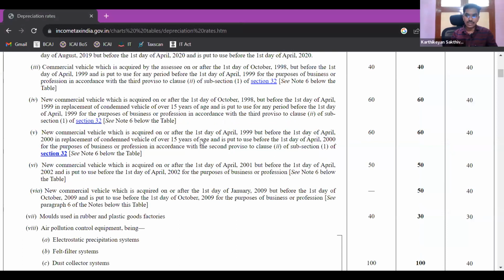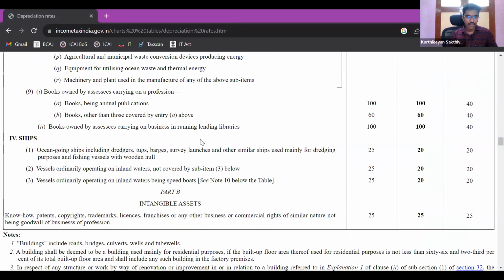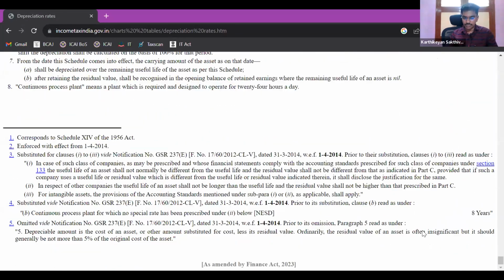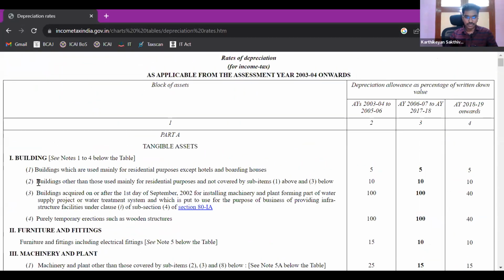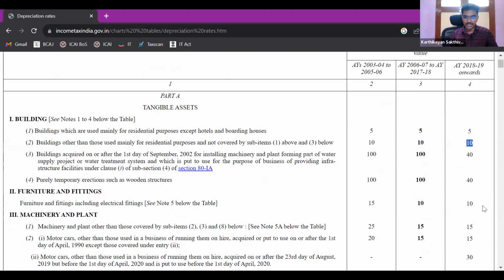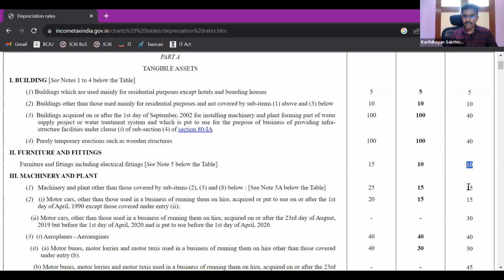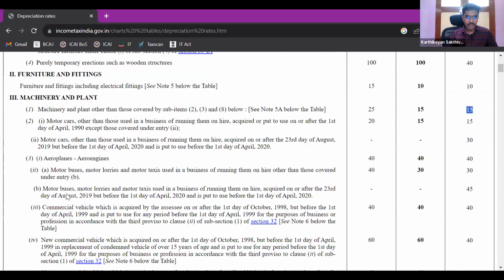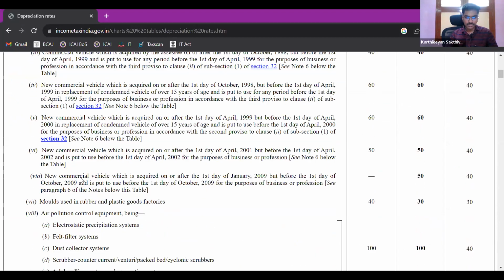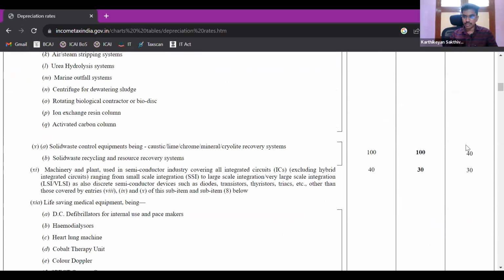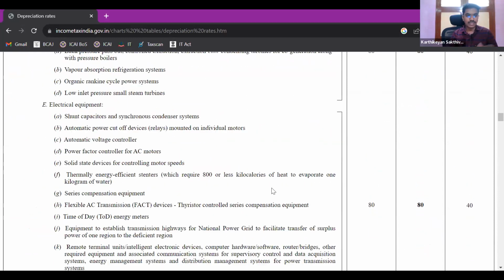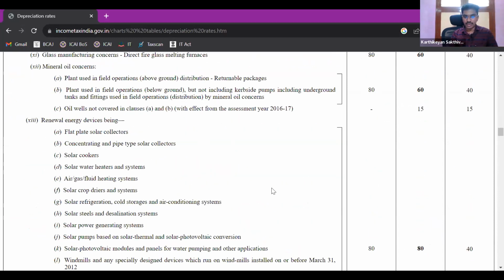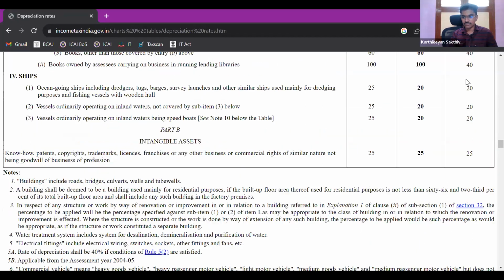So this is the entire list of depreciation rates which is given. Okay, இது மொத்தமே depreciation rates தான். But it is practically impossible to remember all this and it is also not relevant. So what we will remember is building normally 10%. Furnitures and fittings normally 10%. Plant and machinery 15%. And then computers including computer software 40%. That's it. In the rates மட்டும் நம்ம ரிமெம்பர் பண்ணிப்போம். இதை தாண்டி வேற எதனா வந்துச்சுன்னா let them give it. And one more thing, intangible assets 25%.